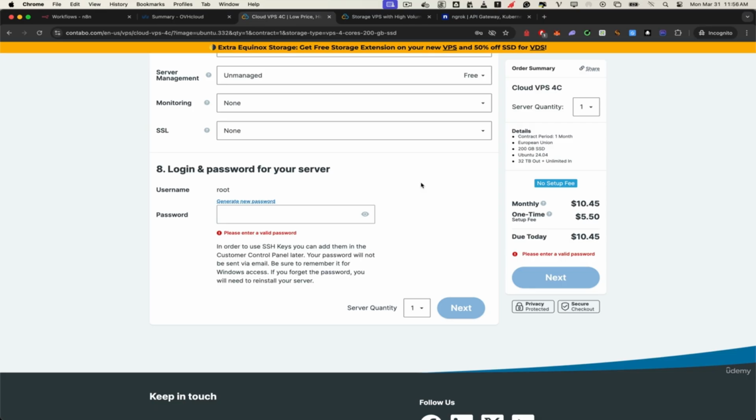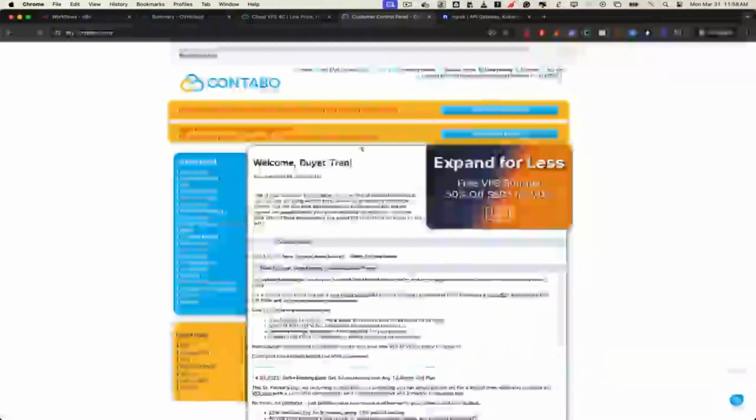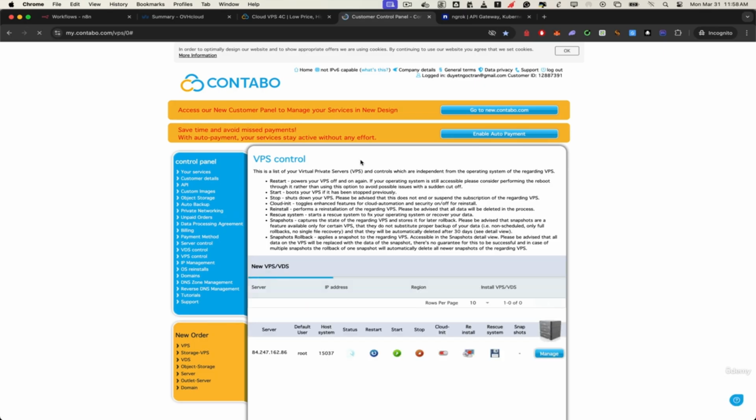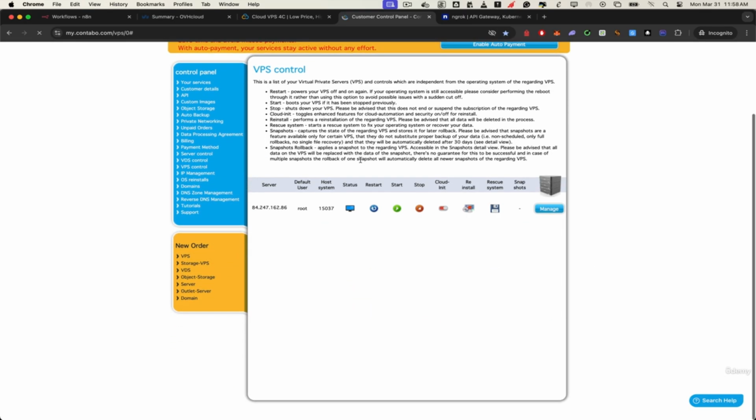Or you can simply log into your Contabo dashboard and head to the VPS control panel to find your server's IP address. Before we connect to the VPS, I want to quickly mention a few other popular cloud providers you